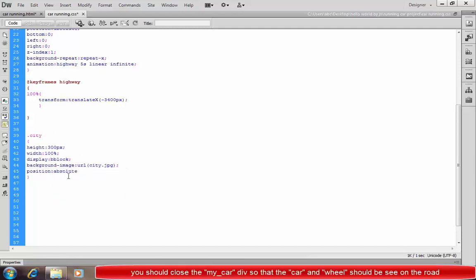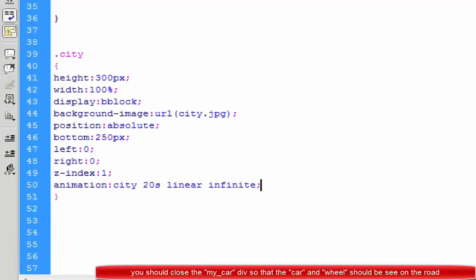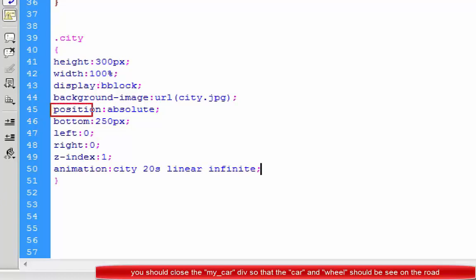And next is position. Position is absolute, which means it can adjust with the relative image, and it can size it and not give any space between two images. So next is left is 0, right is 0, and z-index is 1, which means it can overlap with another image. And its status is 1. And after that we use animation, which can animate the image. So in animation, the image can run like an animation or a video.